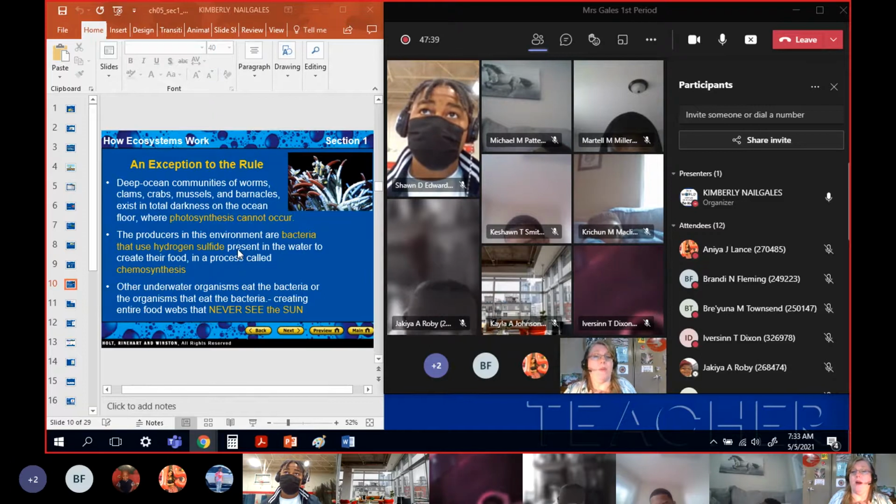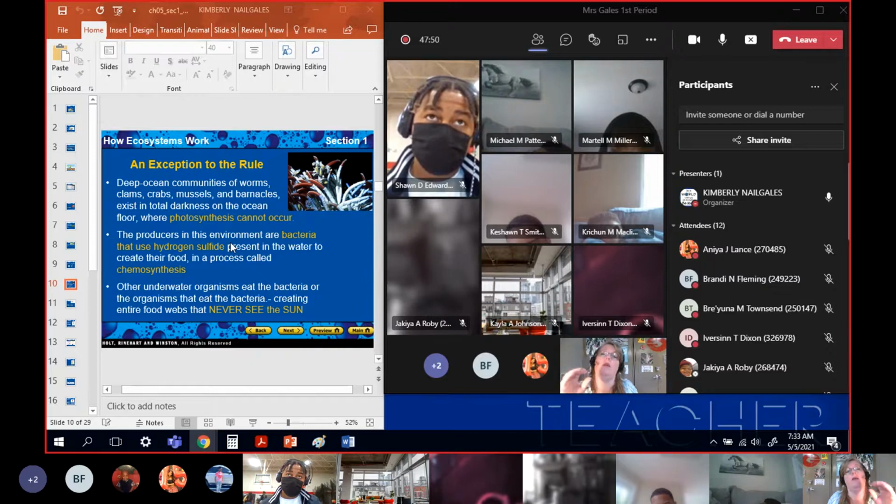to that rule. At the bottom of the ocean, there are bacteria. They don't need sunlight. At the bottom of the ocean, there is no sunlight. So how can you have food webs at the bottom of the ocean where there is no photosynthesis possible? Okay, there's underwater vents, underwater volcanoes, and hydrothermal vents